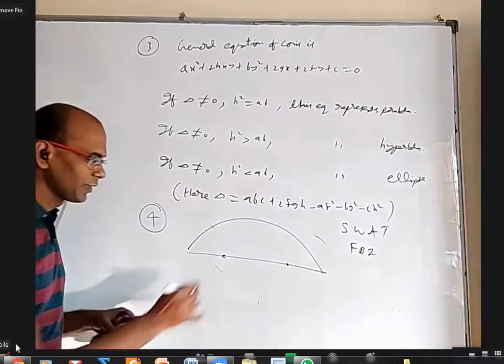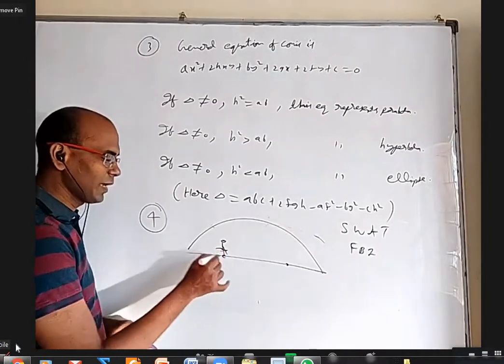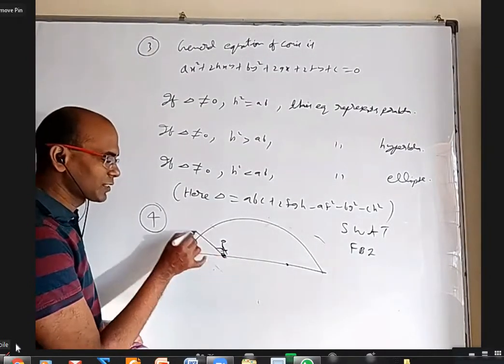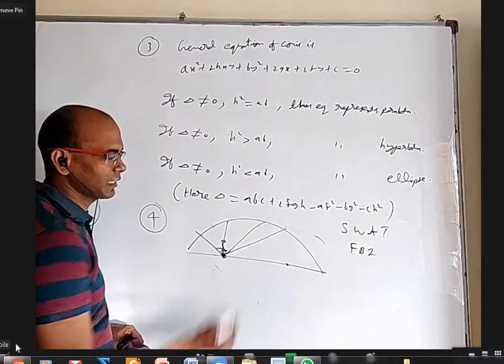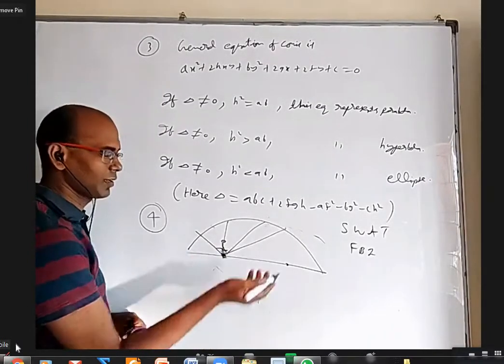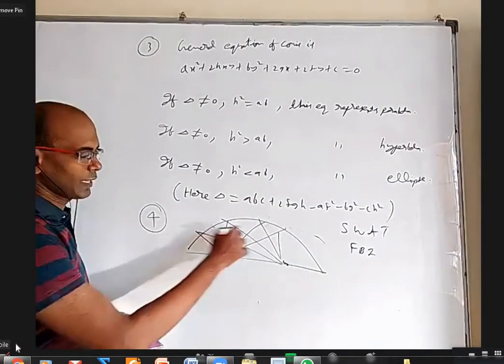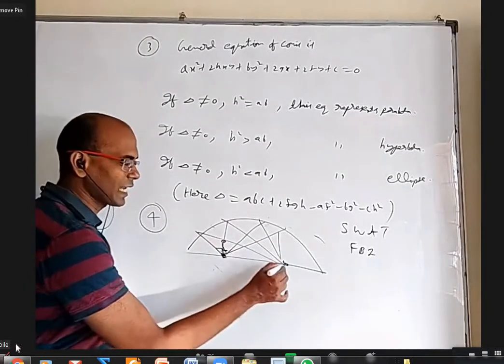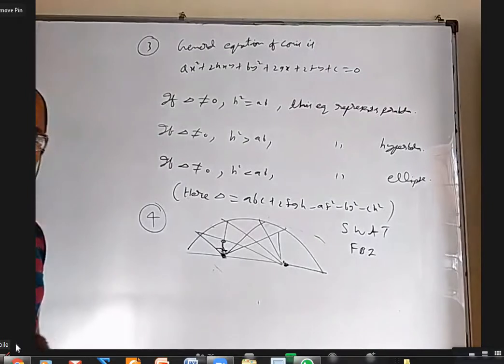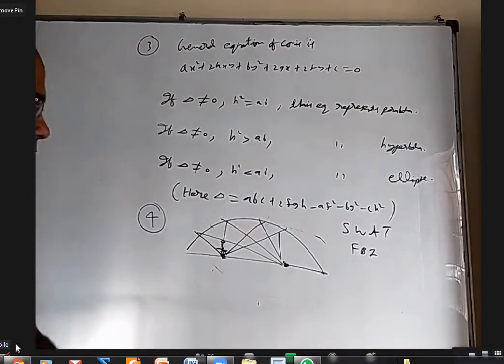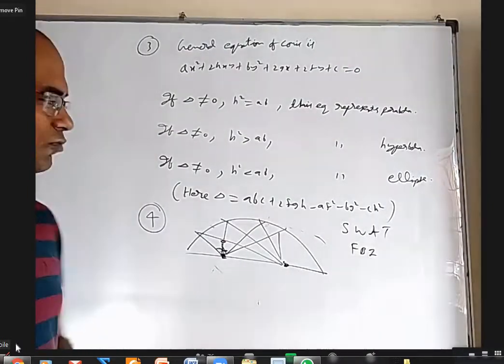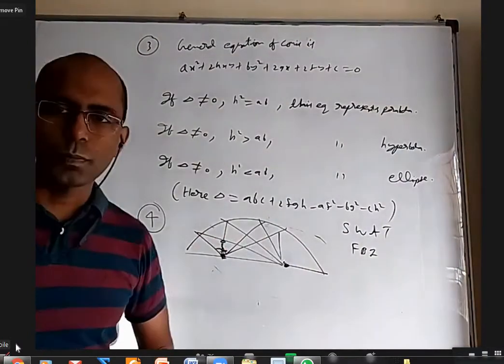If you stand here and make any sound here, the sound also follows all the reflective properties like optical light rays. They're also rays. After reflection, all the sound will reach here. So you can stand anywhere and hear some sound, but if you stand here, you can hear with the maximum intensity.